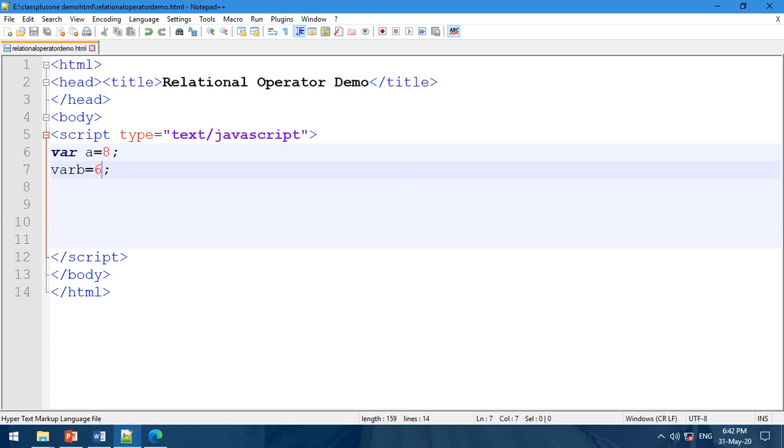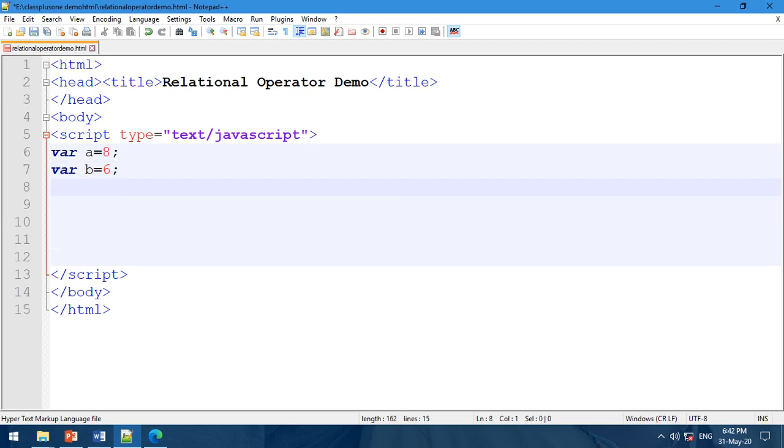Okay, now we are doing this demo in two ways. First is the simplest, like this, and the other one where we don't declare the variable. We declare the variable at execution time, or in other words we write the variables in the statement.